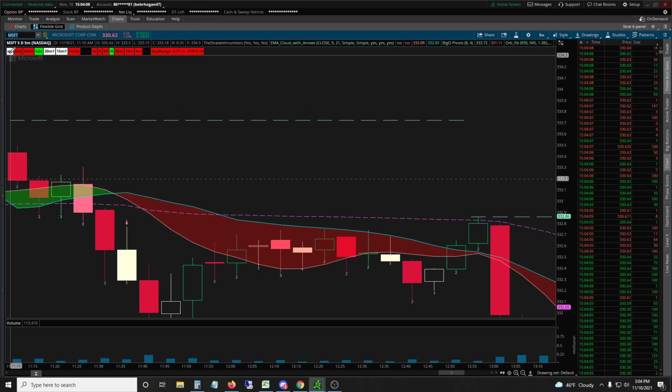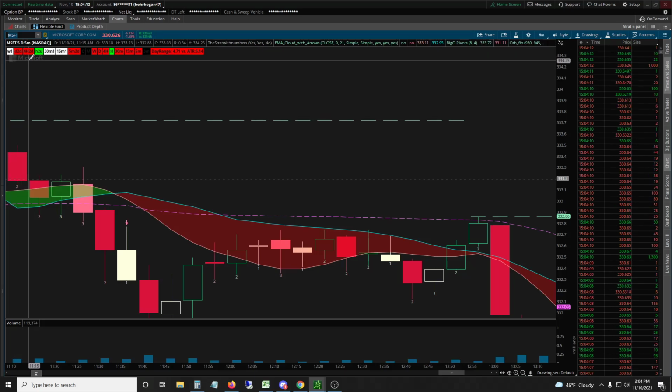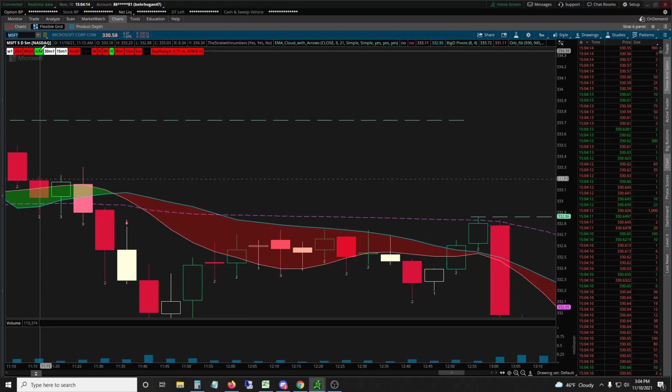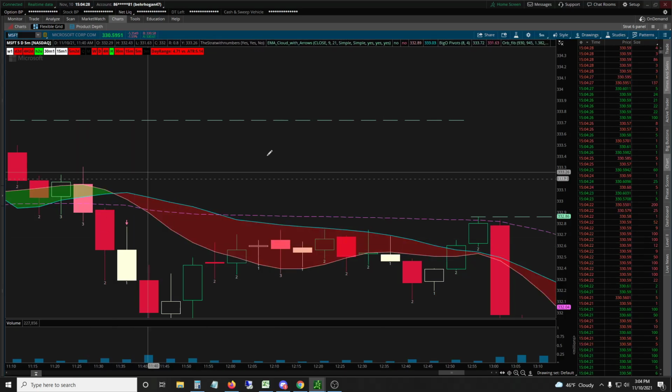I can look at a glance and see, okay, this one's inside on the week. It's a 2 down on the day. It's a 2 down on the 4 hour. It's a 2 up on the hourly. It's an inside on the 30, inside on the 15, and it's a 2 down on the 5. Just kind of gives me a quick glance to see where this thing stands without having 8 different charts up